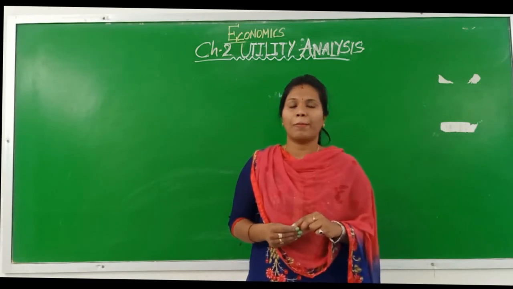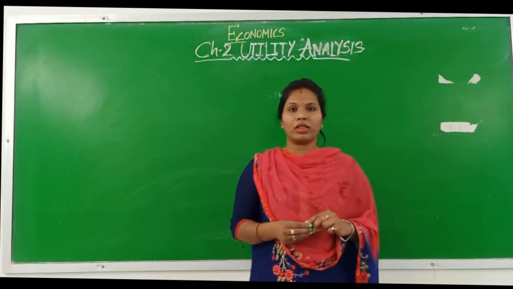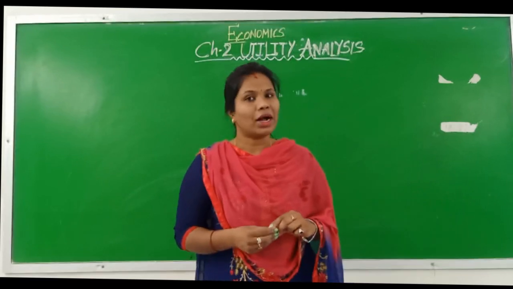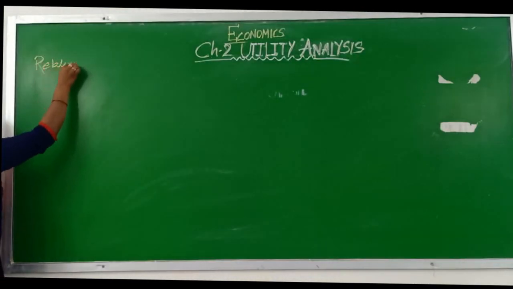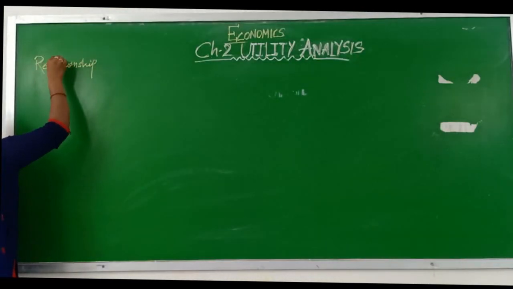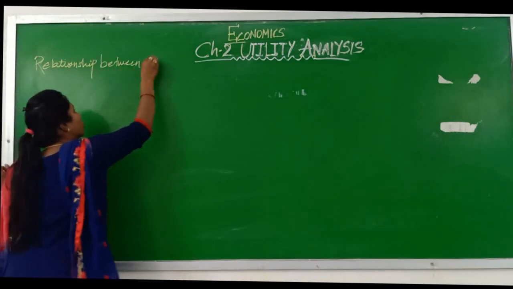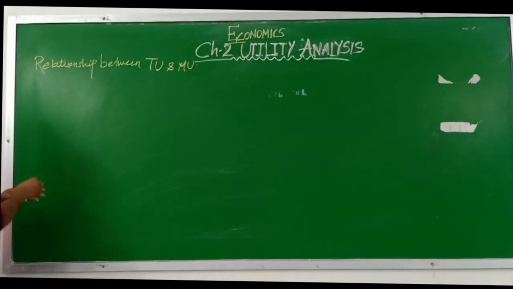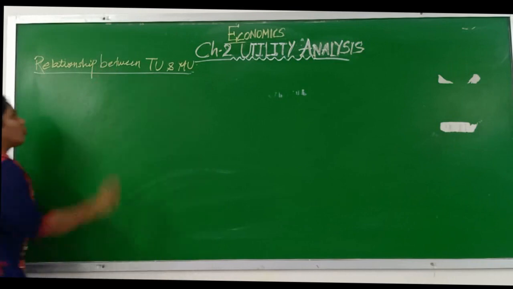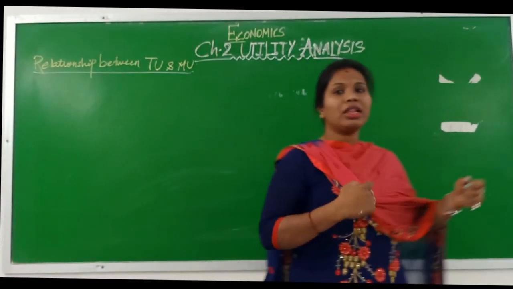We discussed the relationship between TU and MU. TU and MU are nothing but total utility and marginal utility. Let us see the relationship between the total utility and marginal utility. Now friends, TU stands for total utility and MU stands for marginal utility, in the concepts